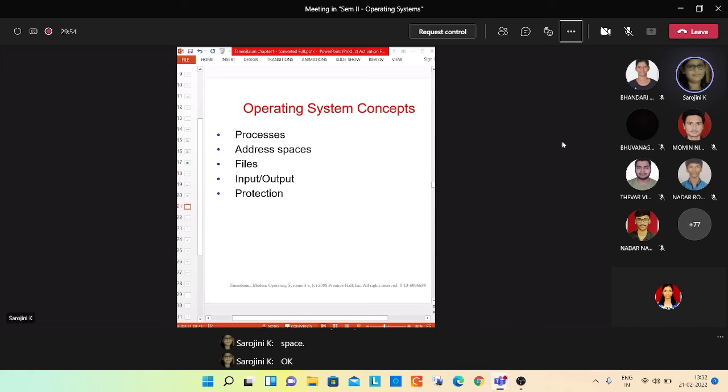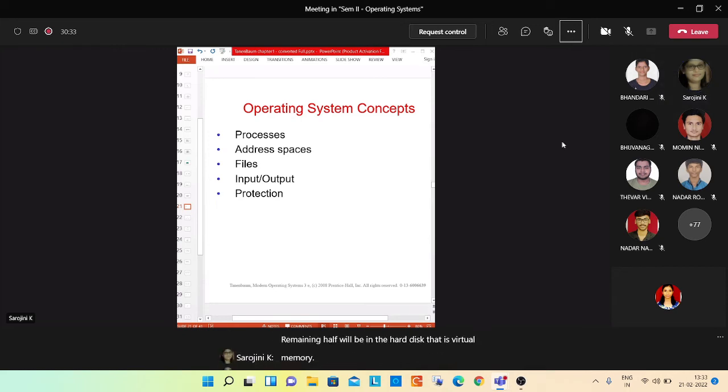For example, there are 10 programs, 10 address spaces. The first half of the address space of all the programs will be there in the main memory. The second half of all the programs' address spaces will be there in the virtual memory, which is nothing but our hard disk. So if you look at every process, half of its address space will be in main memory, and the remaining half will be in the hard disk, that is virtual memory.